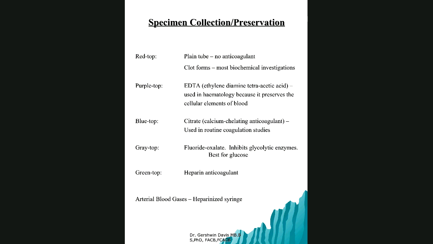One is the gray top tube. The added information there, we have known this from year one, your fluoride and oxalate: fluoride inhibits glycolytic enzymes, and oxalate is the anticoagulant. The other thing you need to appreciate is that the gray top tube is used to do analysis for what? Anybody listen to the presentation? What else do you use gray top for? Because we all know glucose. Yes, that's a common one. Everybody knows glucose, but it's also used for alcohol. So don't forget that. That's very good. Keep that in mind. They tend to forget that one.